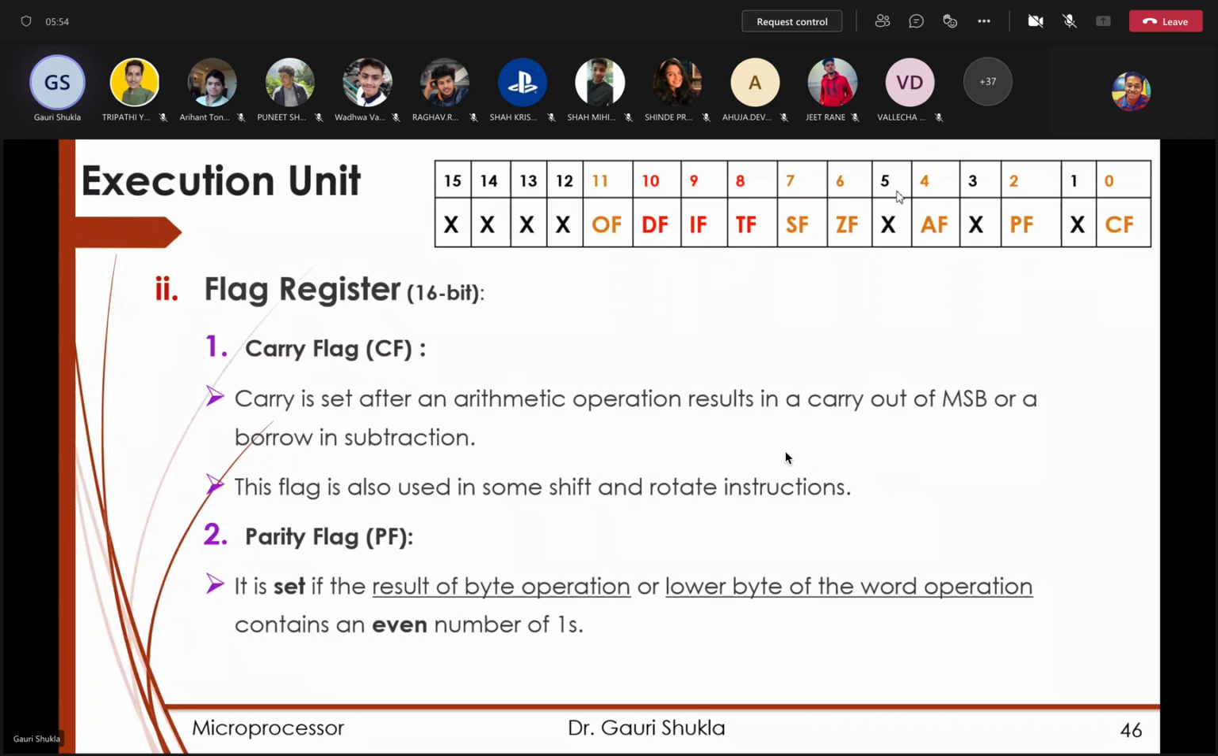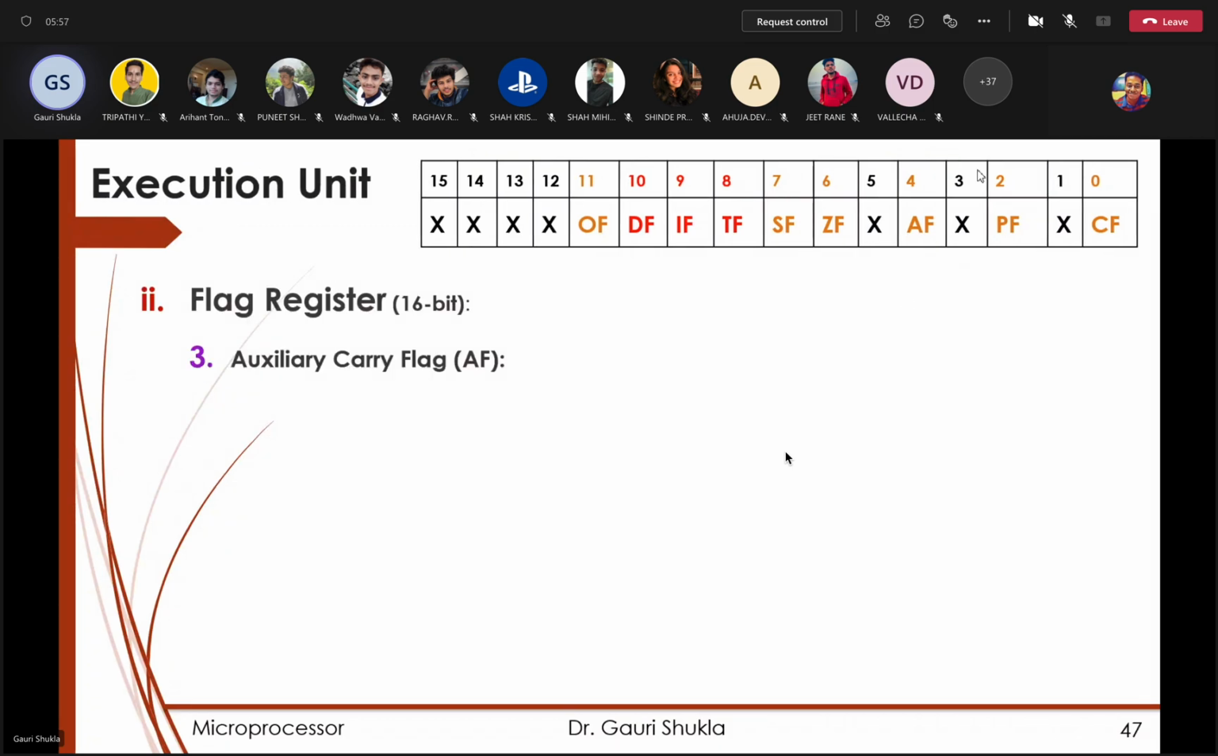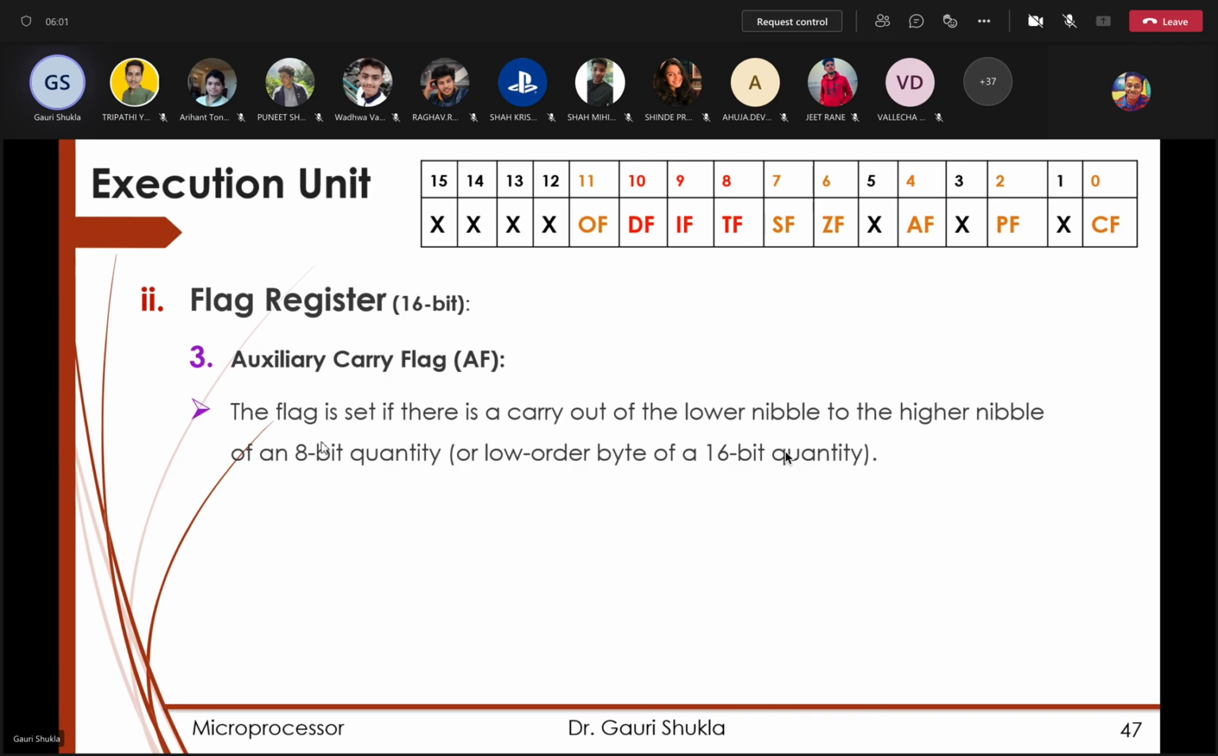Next one is the auxiliary carry flag, that is AF. The flag is set if there is a carry out of the lower nibble to a higher nibble. What is a nibble? 4 bits. Lower 4 bits or higher 4 bits is a nibble. So if I am doing an 8-bit operation, and there is a carry which is moving from the lower 4 bits to the higher 4 bits, then it is called